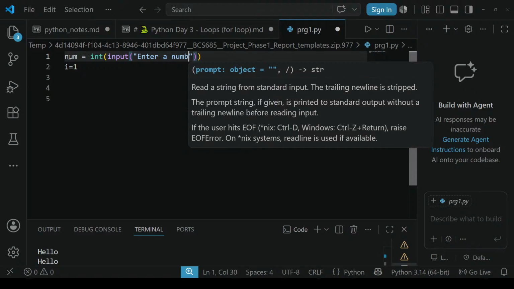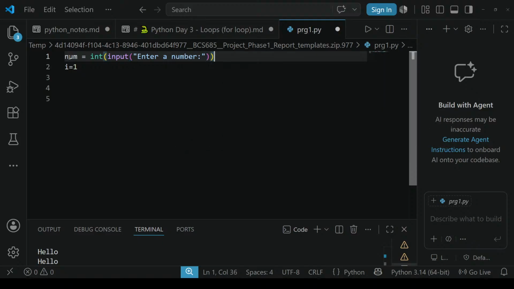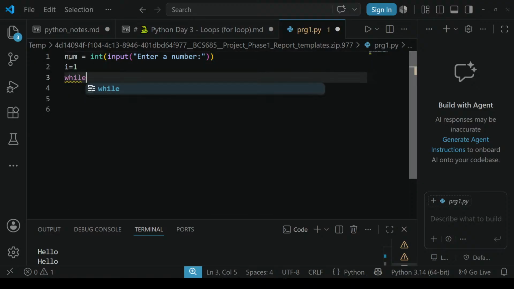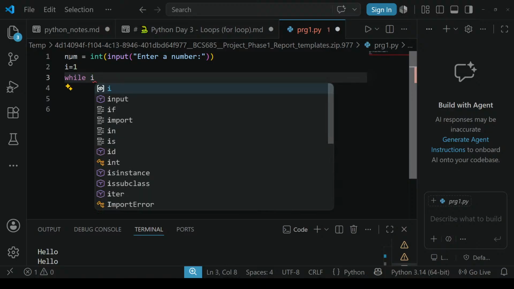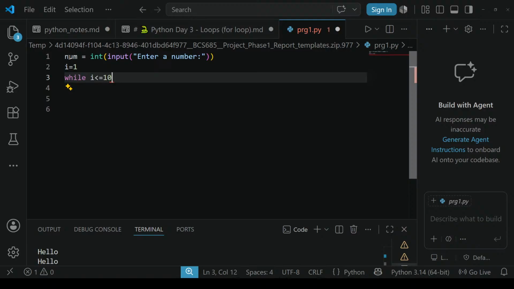Okay, input is done. Next i = 1, it is done. Next we are going to write the while syntax. While, it will start the loop, and next we need to give a condition, that is i <= 10: